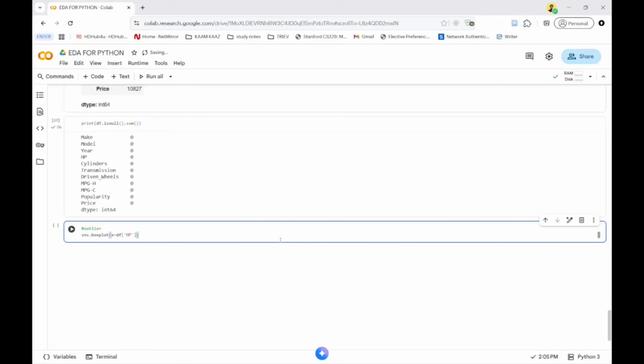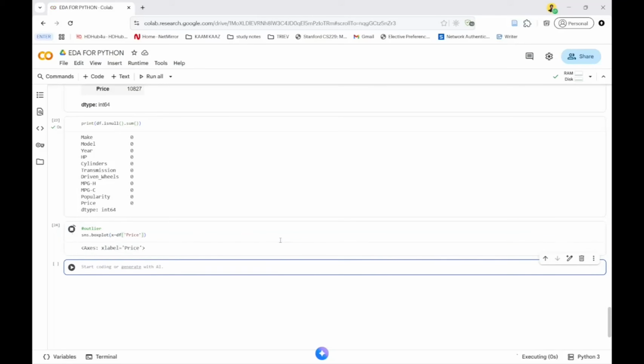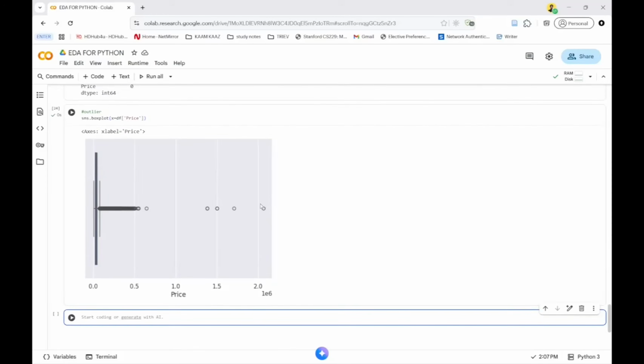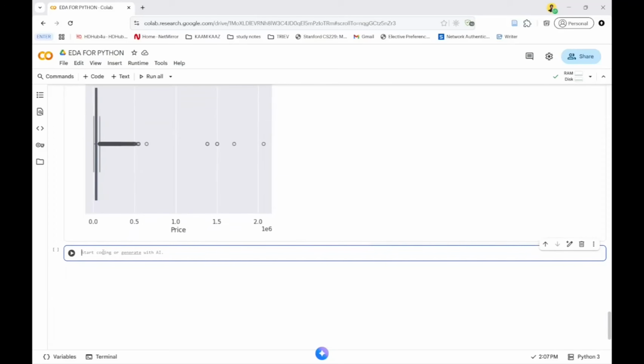So I just go for price, I don't want the HP, I want the price. Now in price you can see these five things, 1 2 3 4 5, are outliers because they are not in the single group. So all these distinct values are outliers. To fix them, what we can do is